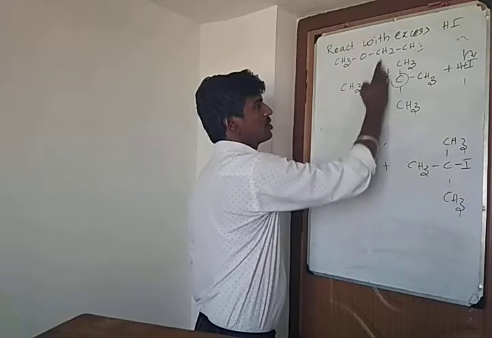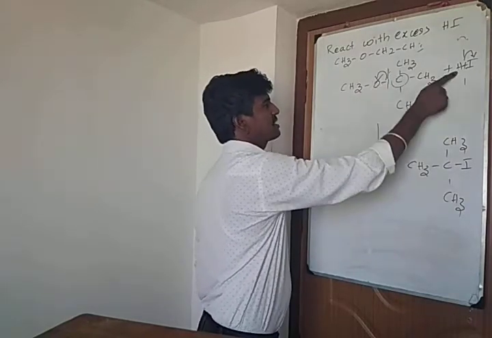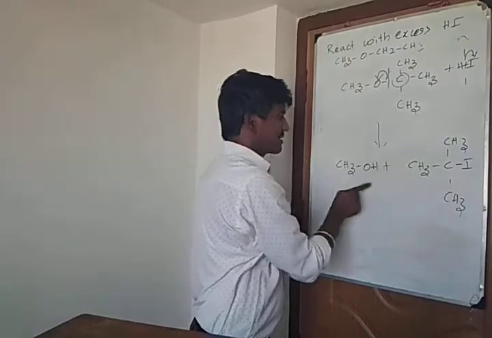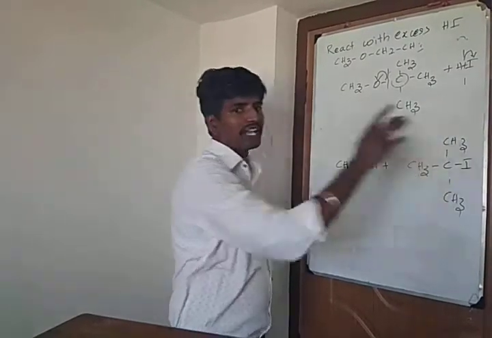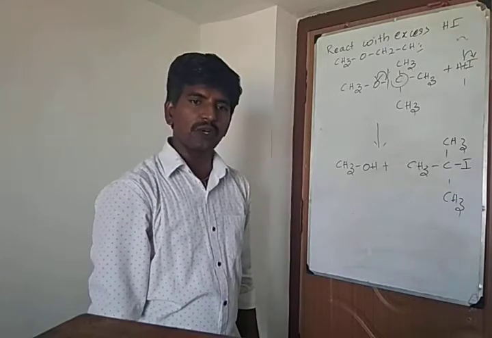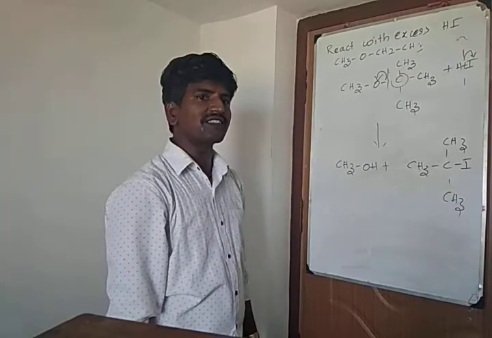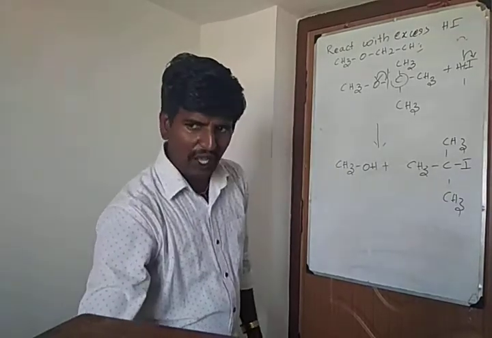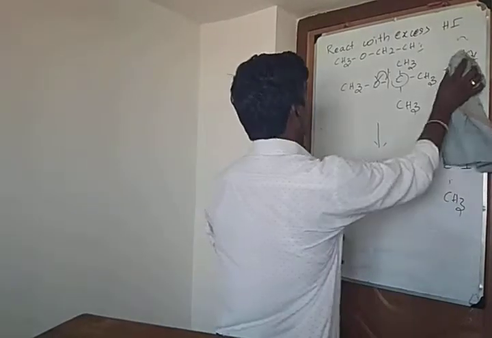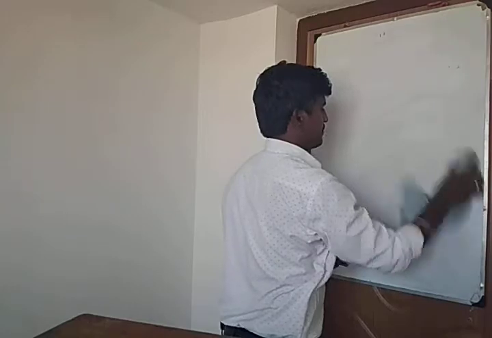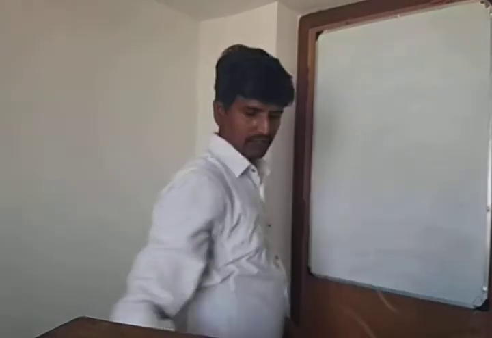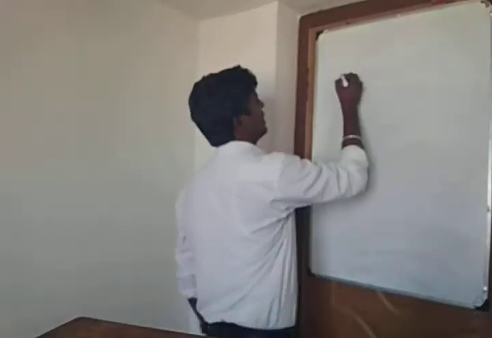Are you clear? So here the bond breaks, O minus H plus bond formation, you can get methanol. Here C plus I minus, you can get iodide. Any doubt about this one? Next one is aromatic ether reacting with HI. For example, anisole